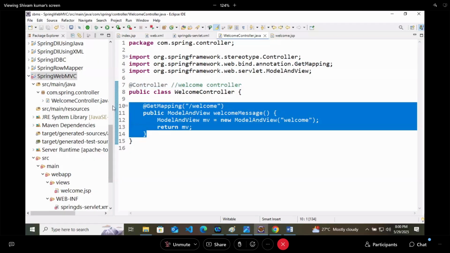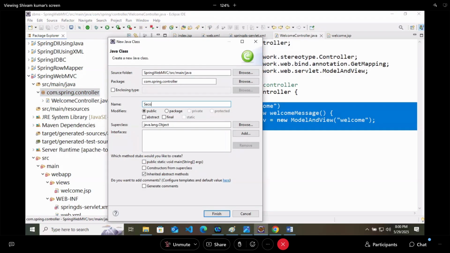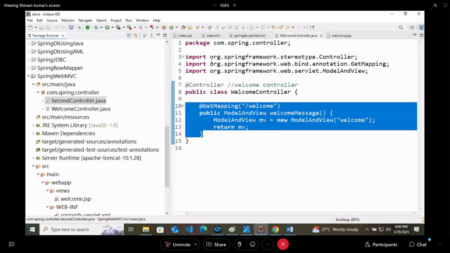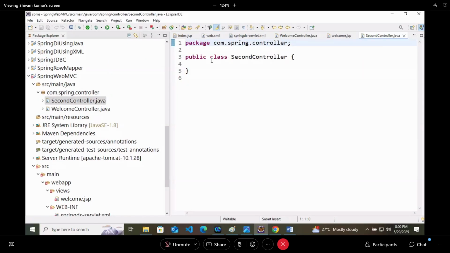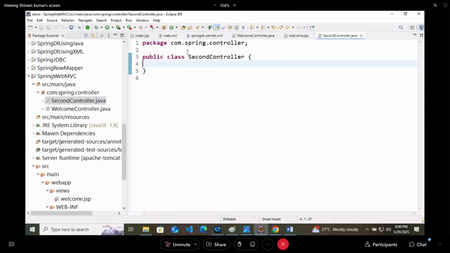So in the controller package, I will create one more class, second controller. It will control the flow of second controller. Now this class I will annotate with @Controller. Now in our application, how many controllers we have? Two controllers.